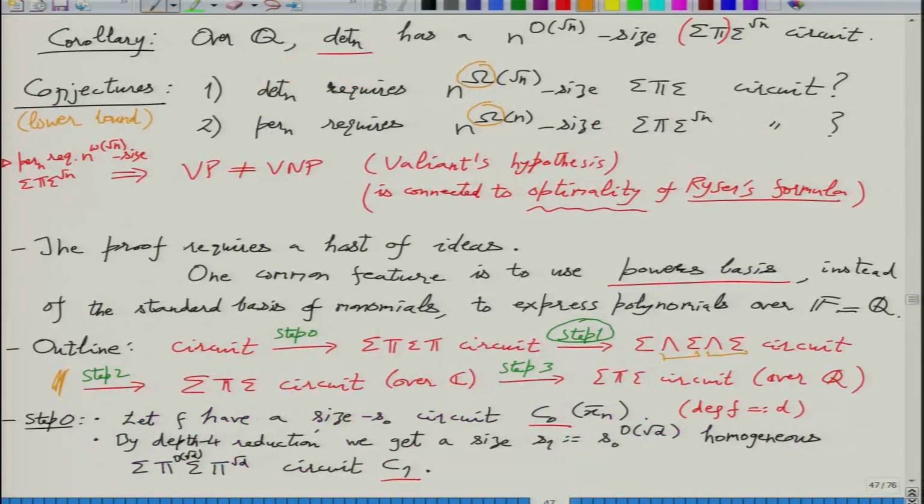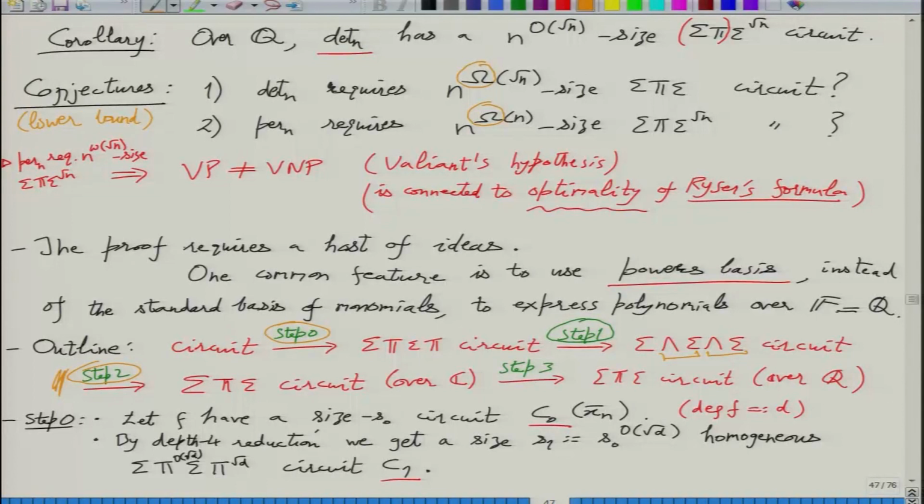So this we will prove in kind of 4 steps. The first step, step 0, is squash it down to depth 4, that we have already seen. Then step 1 is replace these product gates by sum of powers, right. It is called Fischer's trick, and this also we have seen. Then step 2 is convert this powering gates or wedge gates to some other special form, right.